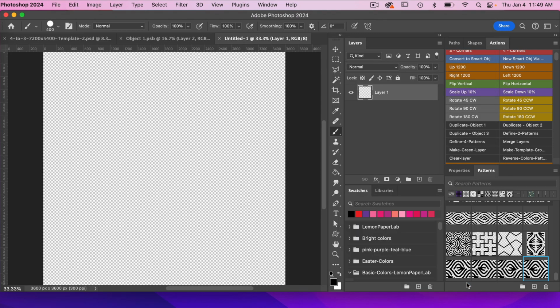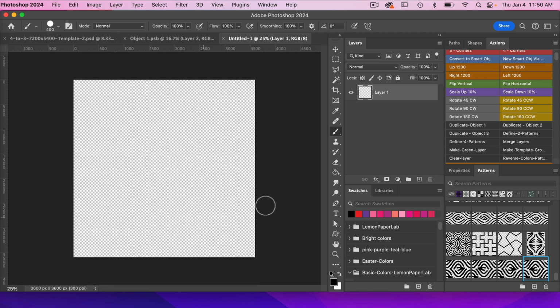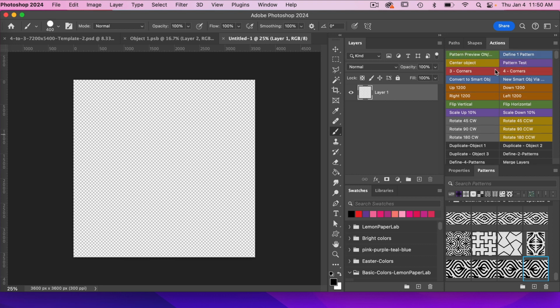So we'll click on create here, zooming out, command or control with the minus key just so I can see more of my canvas. So we'll go ahead and test this pattern, and I'm going to use one of my